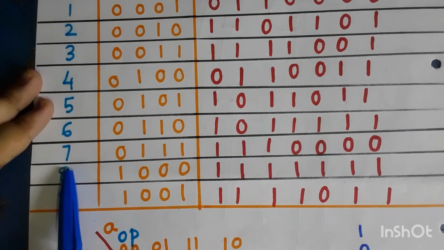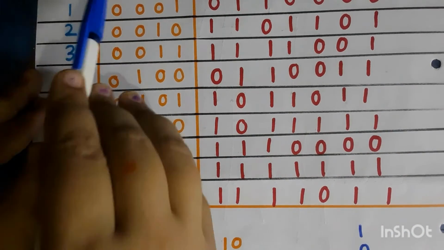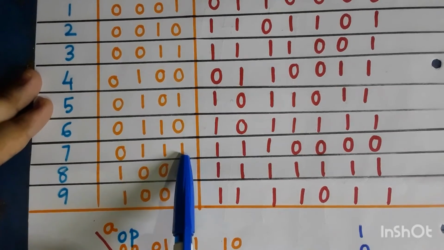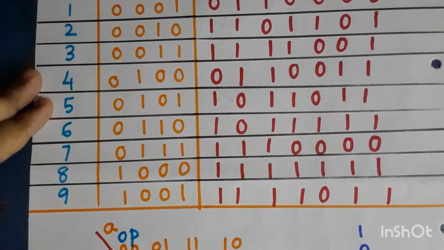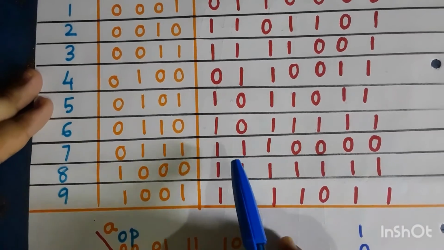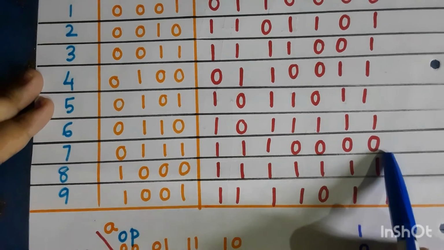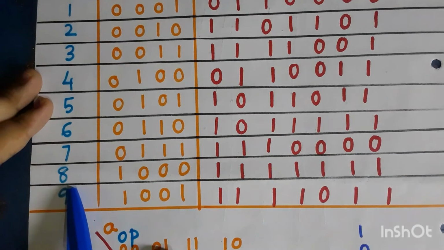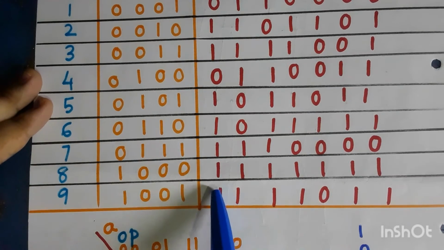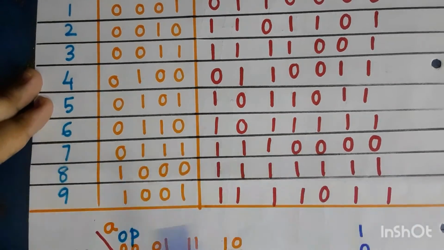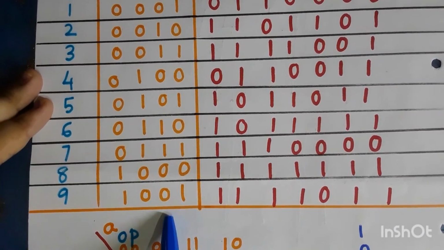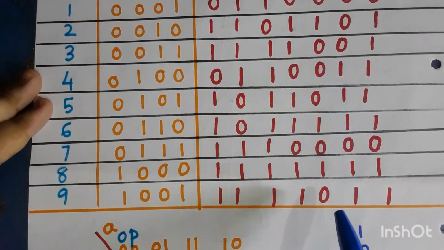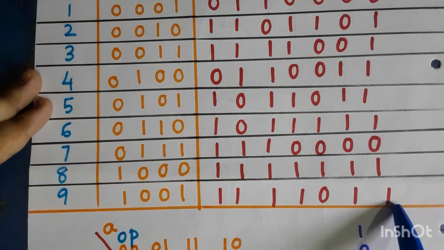For 7, M is 0, BCD 0111. What would be the A to G? A, B, C are 1 and all others are 0. To represent 8 in decimal, BCD 1000, all A to G are 1. For 9, BCD 1001, except E, which is 0, all others are 1.